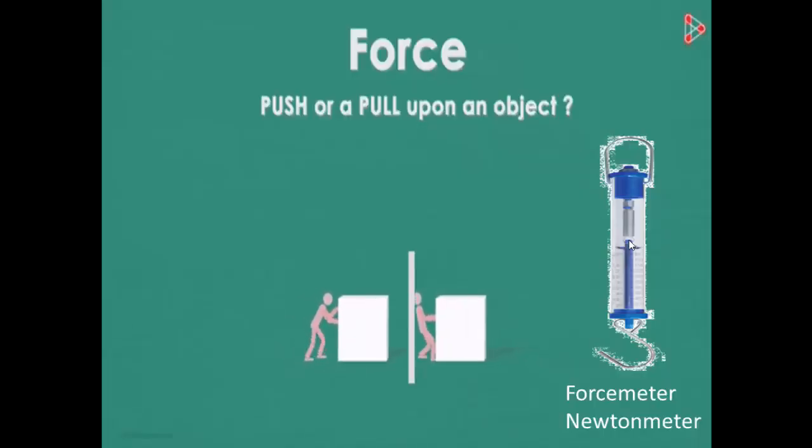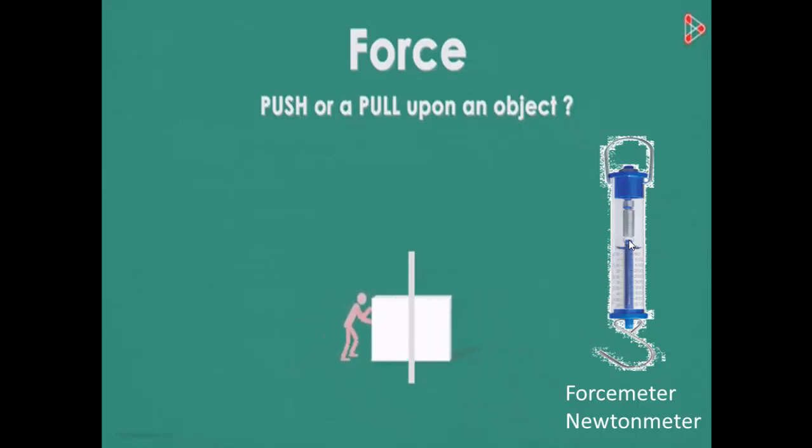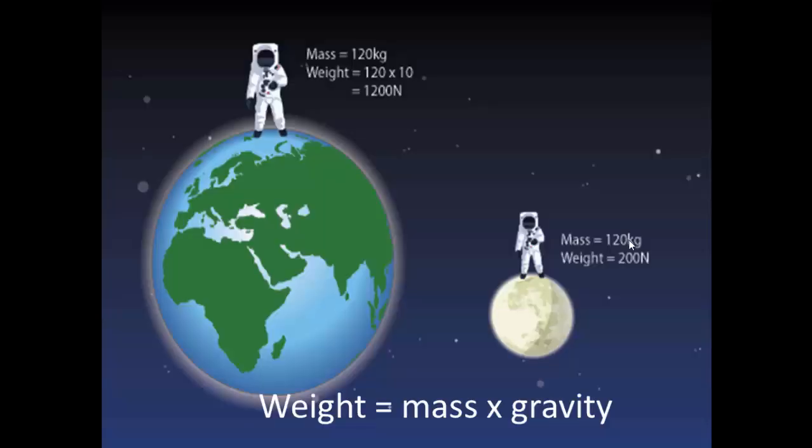Force is a push or pull upon an object. And the equipment we use to measure the force we call a force meter or Newton meter. How to calculate weight? Weight is mass times gravity. When you are on the earth and when you are on the moon, you will have different weight, but you still have the same mass. For example, this astronaut